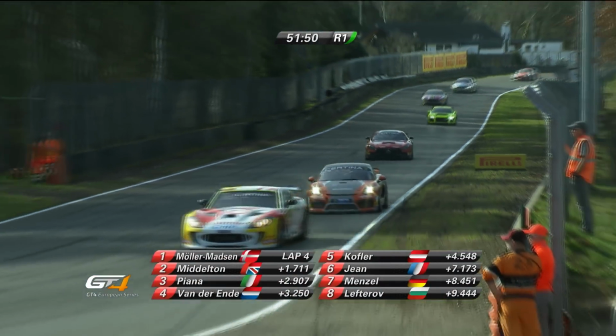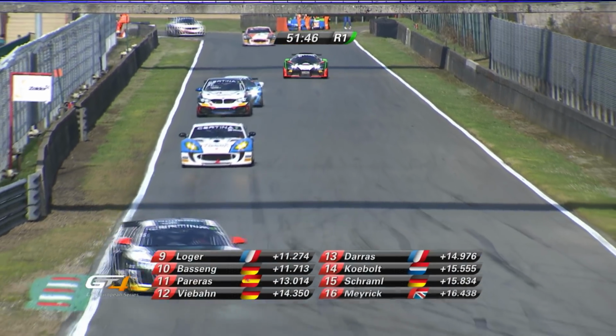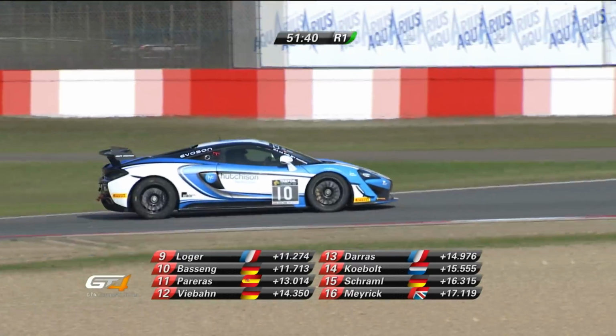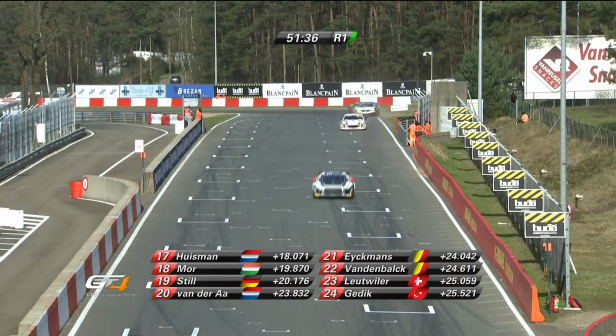They're looking at the graphic, 1.7 seconds. There's a gap after 4 laps. It's actually down to rather less than that now. I think it's down to 1.2 seconds. It looks as though Nikolai Moller-Madsen, Phoenix Audi, has got things under control, but the driver who potentially is quickest is the one in that number 10